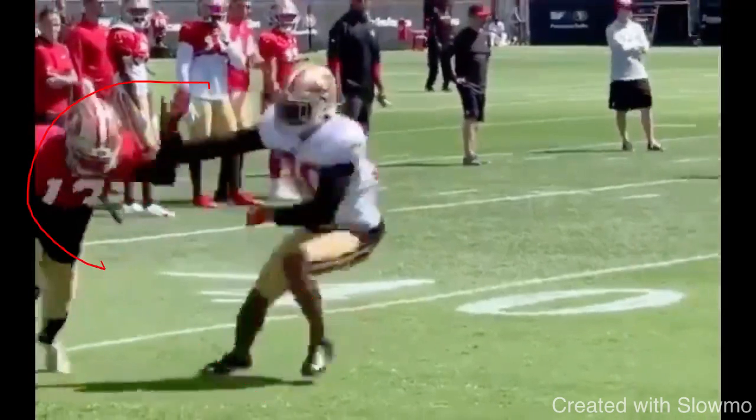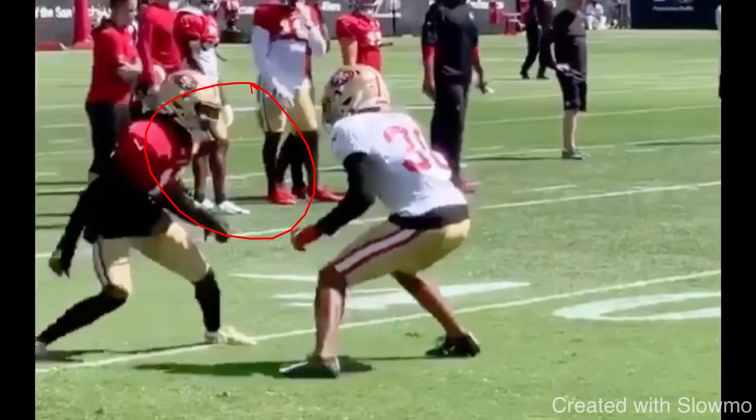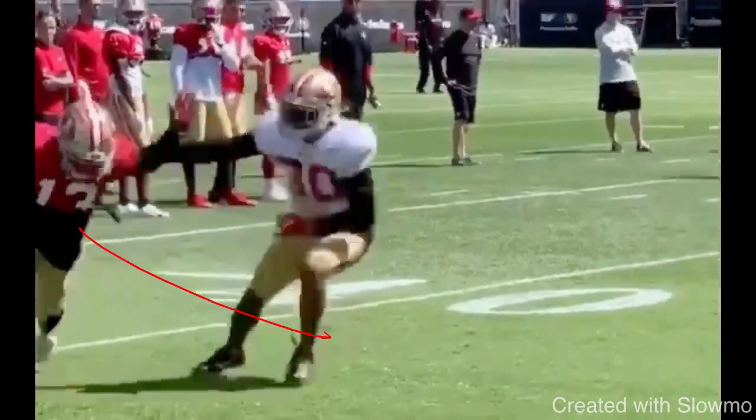A lot of wide receivers, what they'll do on comeback routes is they'll attack the DB's leverage like this, and they take off and go right towards the sideline. They widen. They try to avoid this hand contact right here. But after the line of scrimmage, fellas, you need to be able to attack, and you want to get hip to hip with this guy and get skinny, because from a quarterback perspective on a comeback,